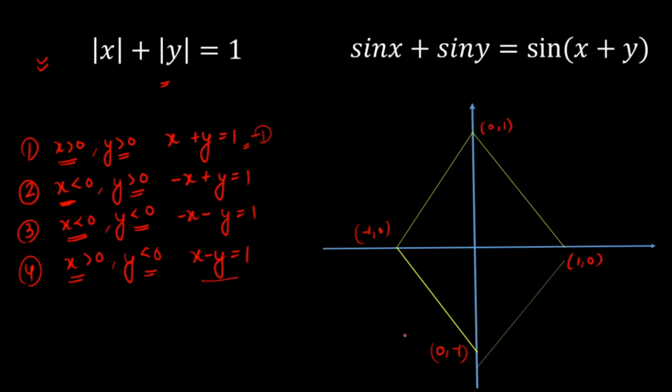As you can see, x-intercept is 1 and y-intercept is minus 1. Now as I told you, once we get the graph of the curve, mod of x plus mod of y is equal to 1, we'll be having a better understanding about the final solution as well as about the curve.